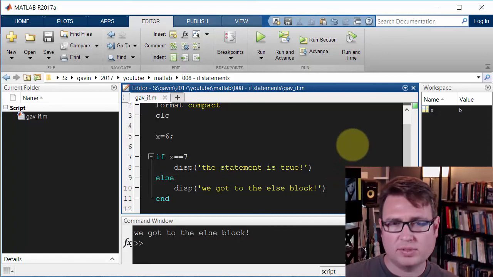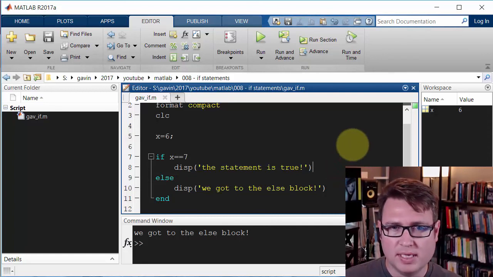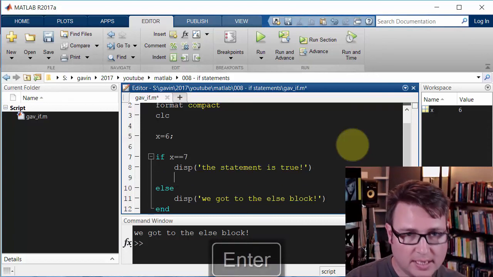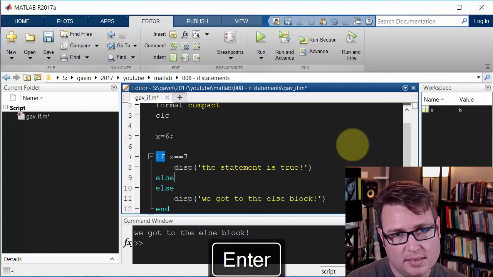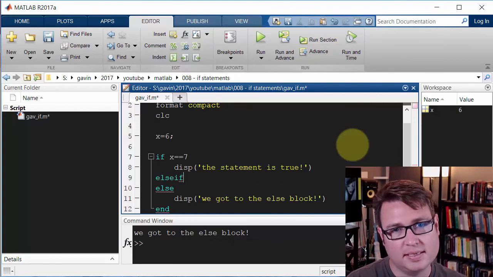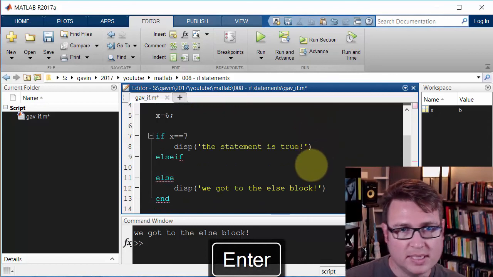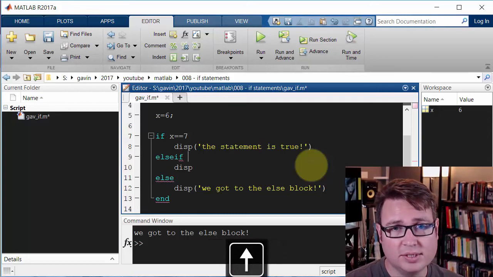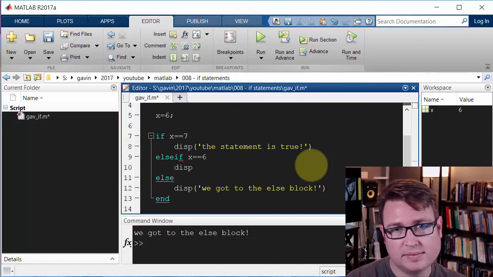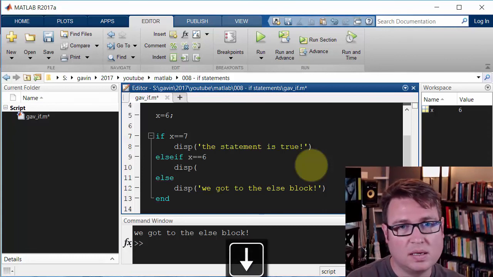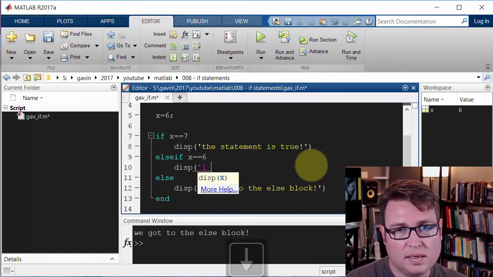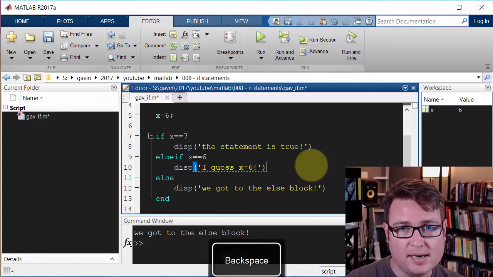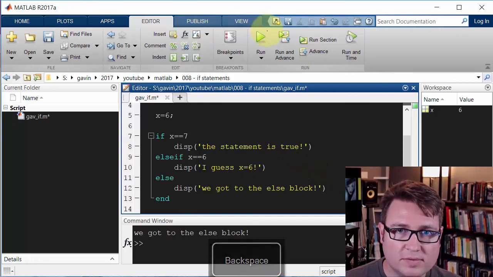Alright, what about if I want to handle the case when x is 6 and when x is 7 and otherwise go to the else block? I can do that too. I'm going to say else if, like that. And I'll scroll up just a little bit. But I have to have a conditional here. If x is equal to 6, I guess x equals 6. Okay. So if I run this,